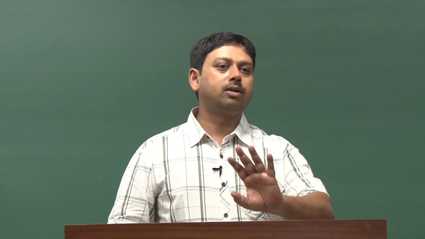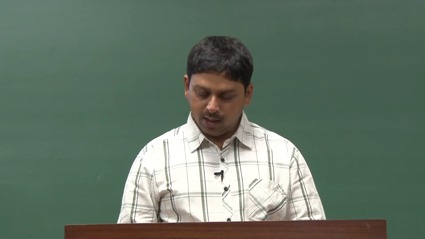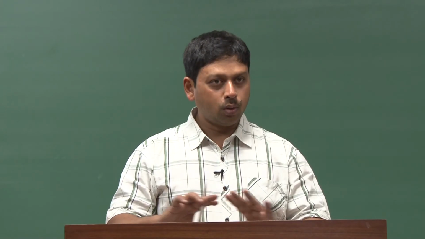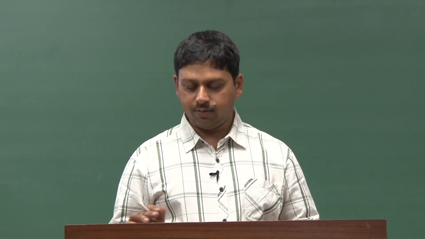So, it is pretty simple, the efficiency calculation is not, if you do this way, just to calculate the Q. If you want to calculate the work done and all, it will be very big. Just calculate the overall change in Q, and then essentially this formula is always correct. Okay, it is always correct only when you have one input and one output. If you have two input, then both the inputs will go in the denominator, right, and the numerator will have everything. So, that is why you have to be careful. It is better to have total heat divided by heat input, that is the definition, and that is what we should